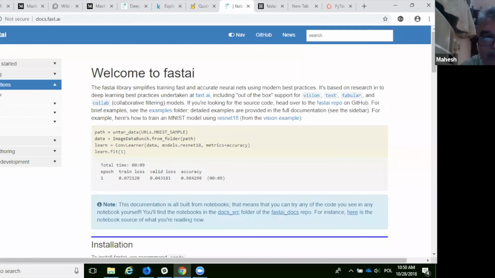Otherwise, whatever work we've done in the earlier course, we cannot really port the code into our new learnings, because every challenge, even though it's coming into one of these 4 categories, either vision, NLP, structured or collaborative filtering, most of the underlying concepts